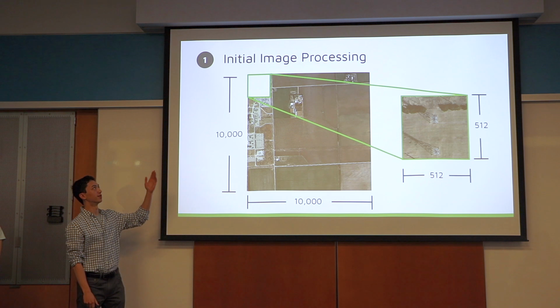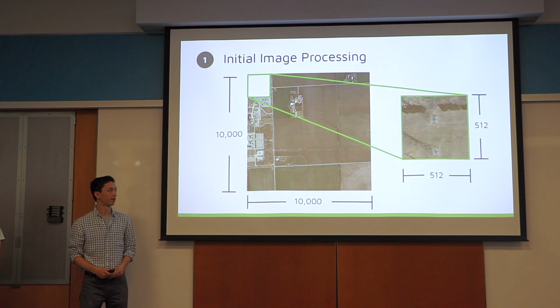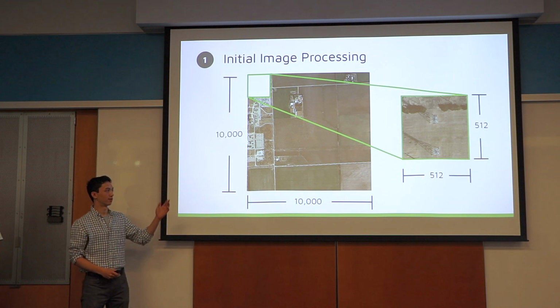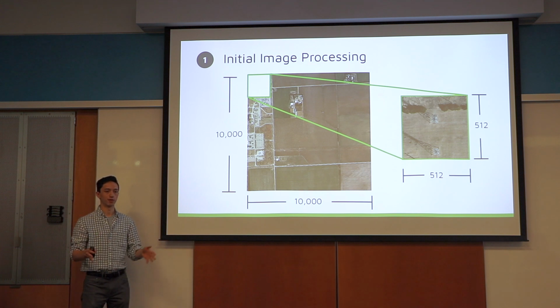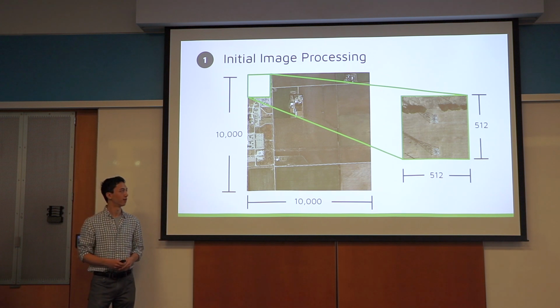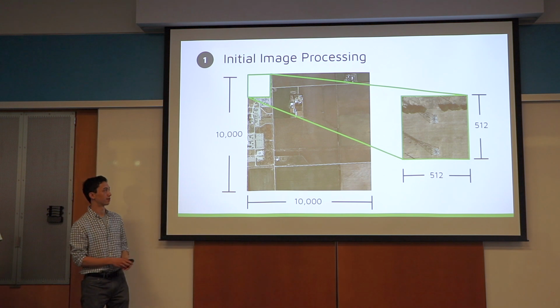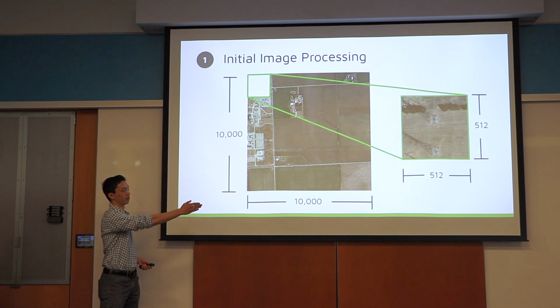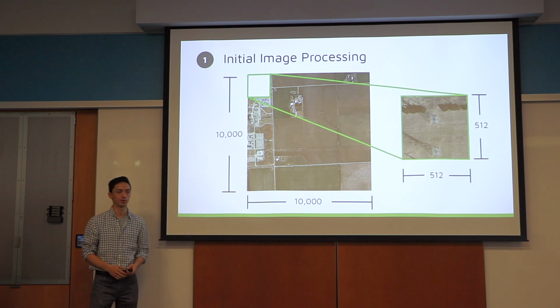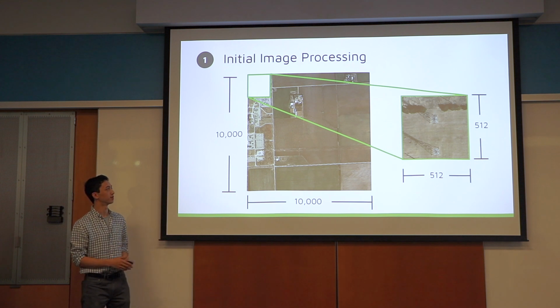But going into a little more detail on the initial image processing, as I mentioned, the data that we originally had was collected from various sources, so it wasn't in exactly the right format that's needed for training. To give you an example, one of the main things we had to do to get it ready for training was to make the images smaller. So the original images, as you can see, are very large. They're about 10,000 by 10,000 pixels, which is actually quite a large image.